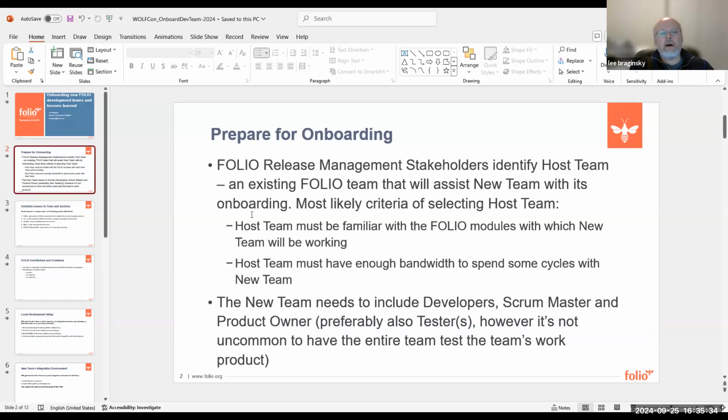Are there other institutions that may be interested in this feature, or is it an institution-specific feature? Obviously, since FOLIO is an open source system, anyone can step in at any time and